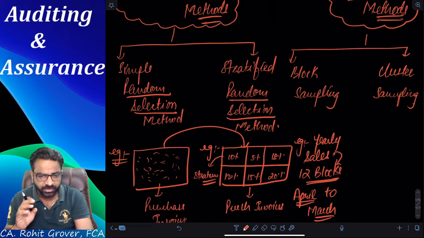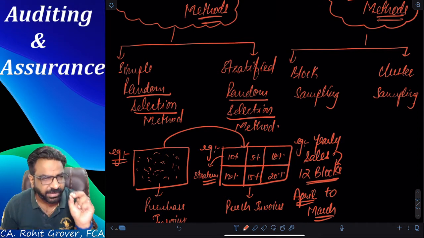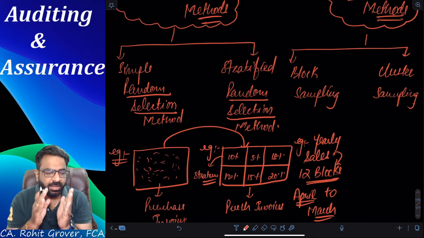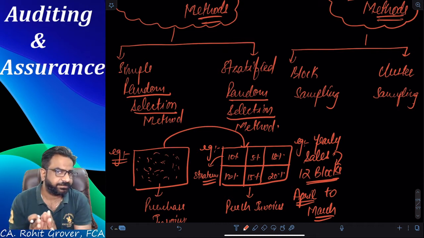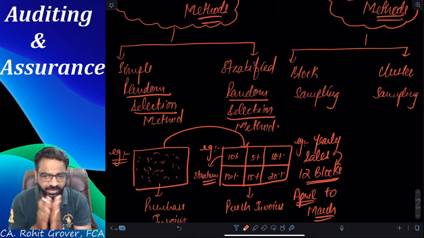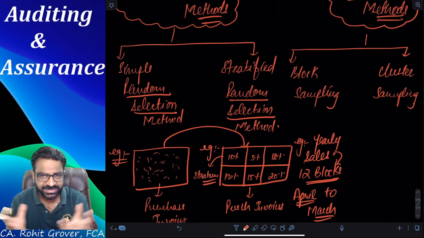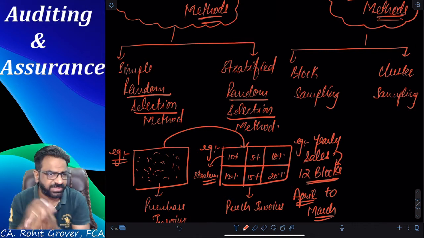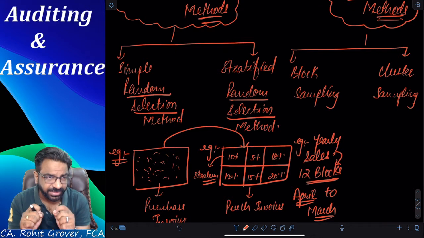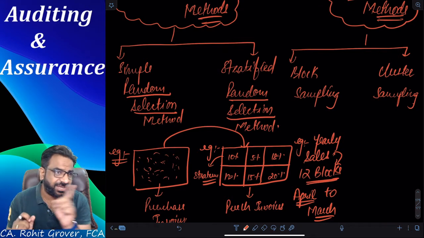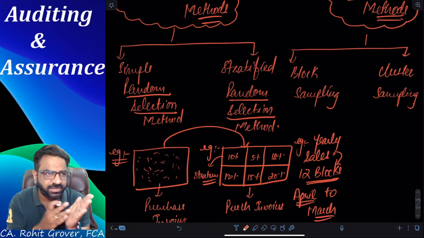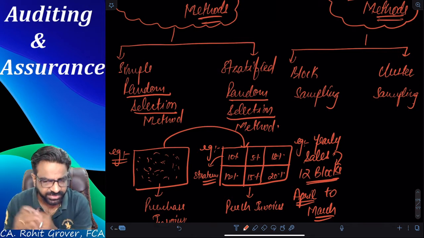So again, let me tell you what you mean by block sampling. A little bit of concentration is required and the whole block sampling will go inside your head. Block sampling is a method in which the auditor again will use the stratification method. Now tell me, did I divide the whole yearly sales into the 12 blocks of 12 months or not? Yes. Where each subpopulation is not going to be called strata now. Are you getting now? Instead of strata, we are going to call them blocks.